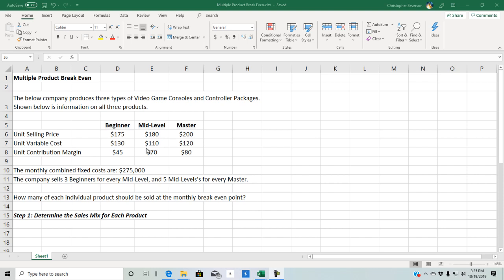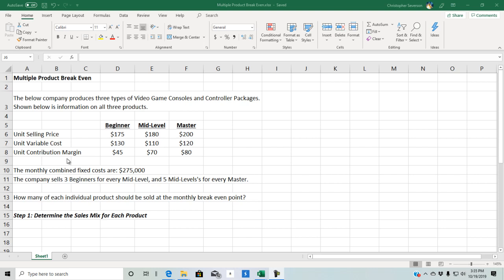If they don't, the very first thing you're going to need to do is calculate the unit contribution margin for each product type. Now, of course, unit contribution margin is just the selling price minus the variable cost. And by the way, if they give this to you in the unit format, then we can do the break-even point in units. If they give this to you in the total sales format, and they don't give you a per unit amount, then we have to use the break-even point in dollars,